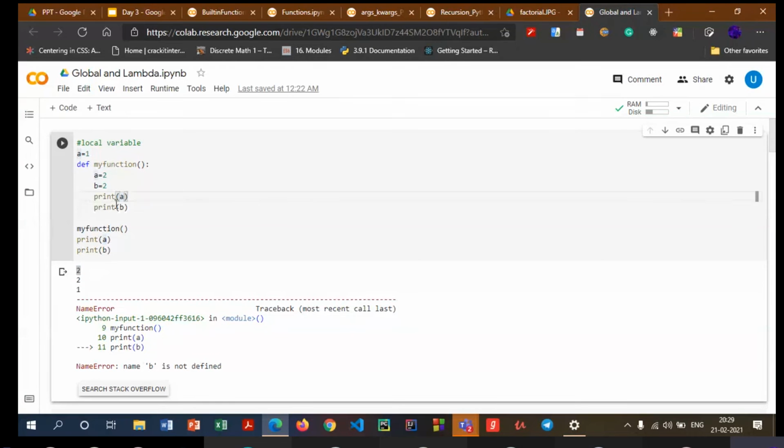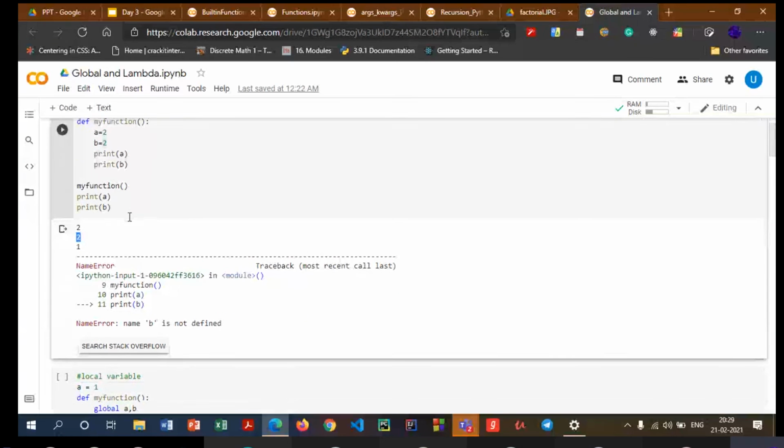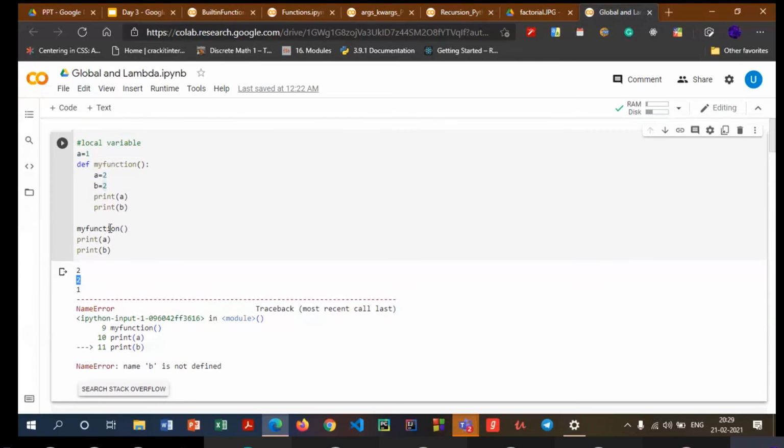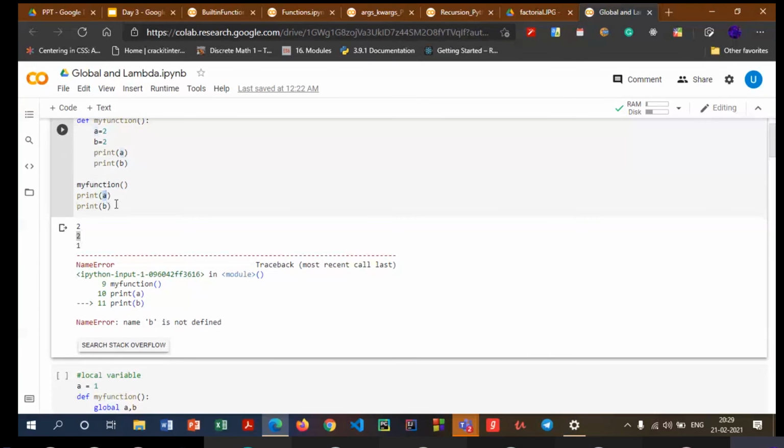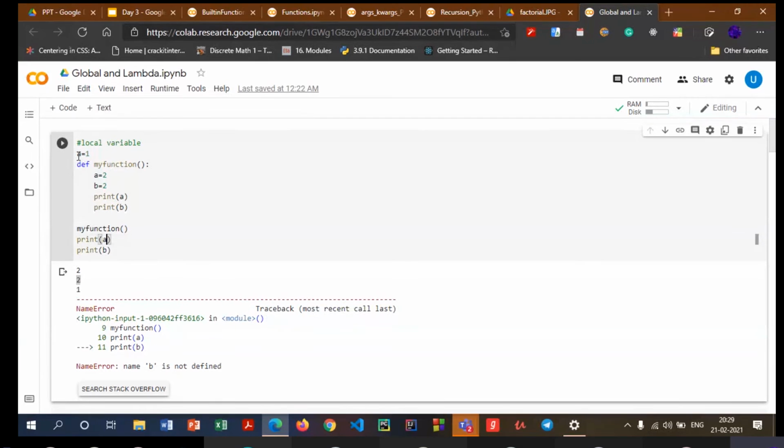Inside the function, when we print the value of b, this gets printed as 2 as well. Now outside the function, when I print a, since we are done with this function, this a equal to 2 holds zero significance outside the function. Why? Because a equal to 2 was local to this function only. This a and this a are completely different. So when I print a outside the function, this a will take the value which was originally found outside the function. That is 1. So when I print a, I get the value as 1.